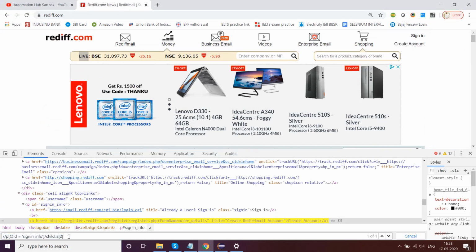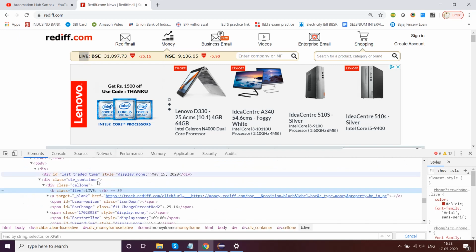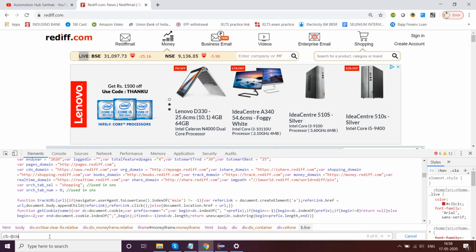Now for the live text. Right click, inspect. This has a class known as live. Let's see if this works: b @class equal to live. Does this work?